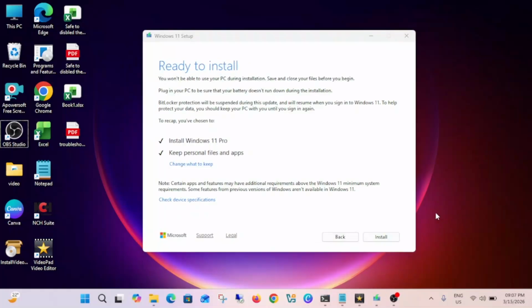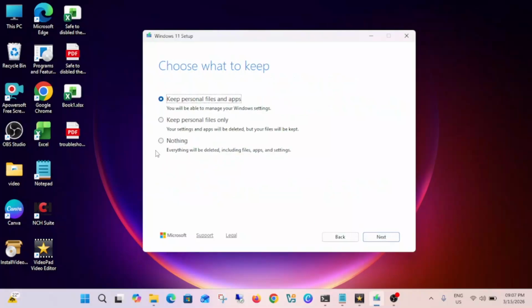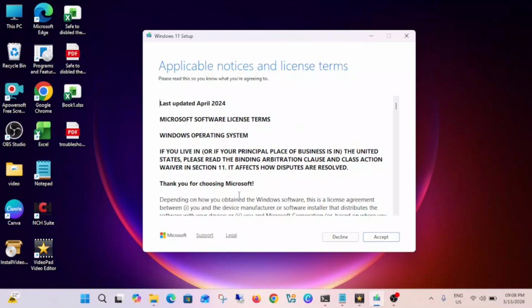After waiting for some time, you can see Install Windows 11 Pro, keep personal files and apps. This option needs to be highlighted to proceed further. If you are only seeing the option keep files or nothing, that means you have chosen the wrong ISO. This should be ticked on your system, and if it is taking more time, as it did on my system,